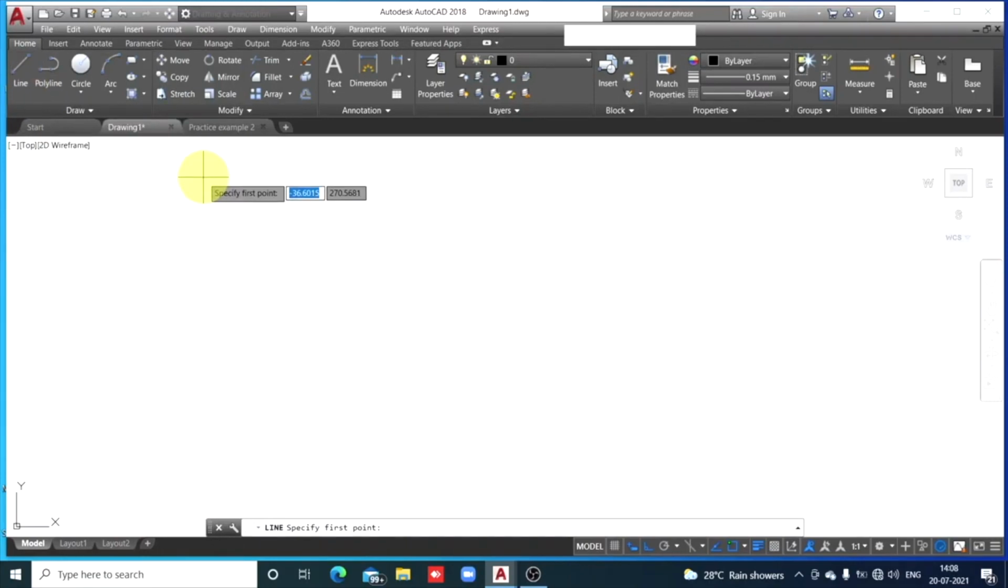You can type that line command and select it, or directly take your cursor to this button and click it. Now if you click here again, that will be the start point of the line. So I have clicked it, and now start point of the line. What we are drawing? A thin rectangle